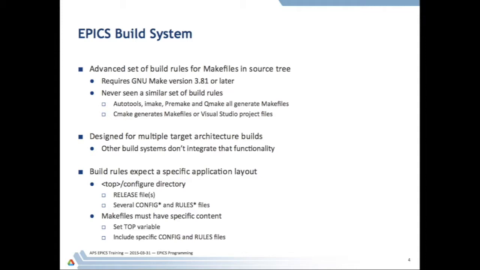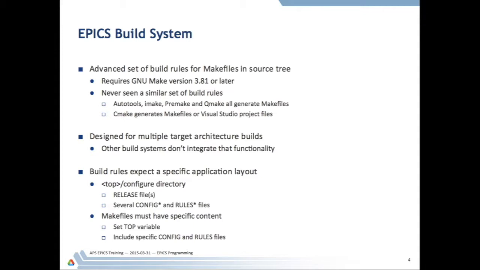And we designed this to allow multiple target architectures to be built simultaneously in the same tree. I'm not aware of any other build system which actually allows you to do that, or is designed where you can type make once and it builds for all your architectures. Normally you'll have to say, okay, I want to make it for this architecture. Oh, and by the way, here's the directory that you should do all the building in. And then, okay, I now want to make it for this architecture, and here's a different directory you want to do the build for that architecture. So other build systems don't integrate the functionality that we make use of and we actually need in many cases